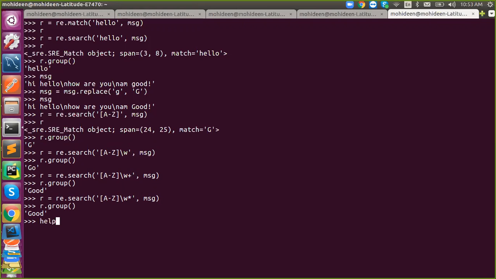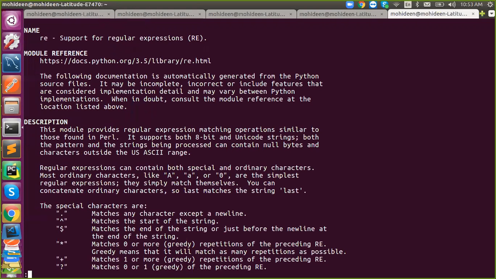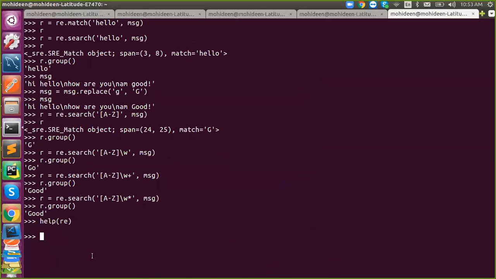So this is what they mentioned in the document: the repetition of the preceding one. Okay, till the end. So this is about star and plus. Okay. So search will match throughout. It will actually scan your string throughout, and try to match your pattern throughout your string. And if a match occurs, it will return it. Otherwise, it will be empty.